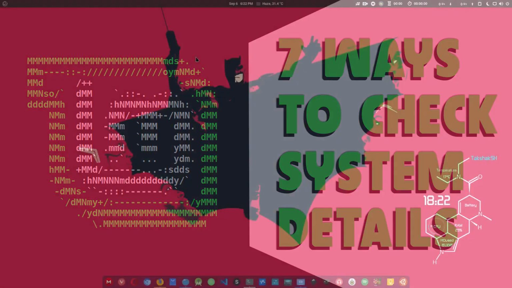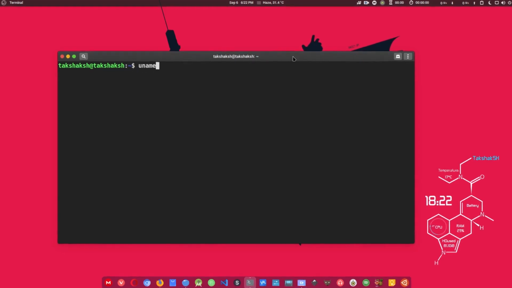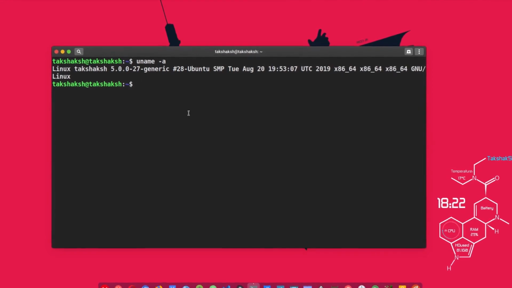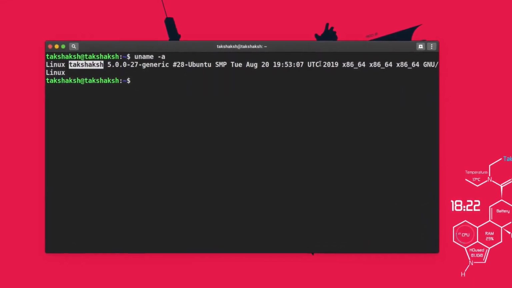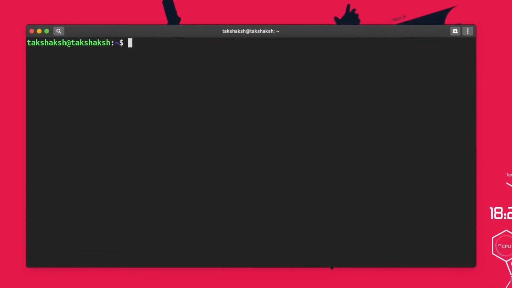So let's get started. So here's the terminal, and the very first command that I'm going to show you is uname -a. If you type this command, it will give you information regarding the distribution, that is Ubuntu in my case, the kernel version, the username, the architecture. So this is one of 7 commands. Next we have